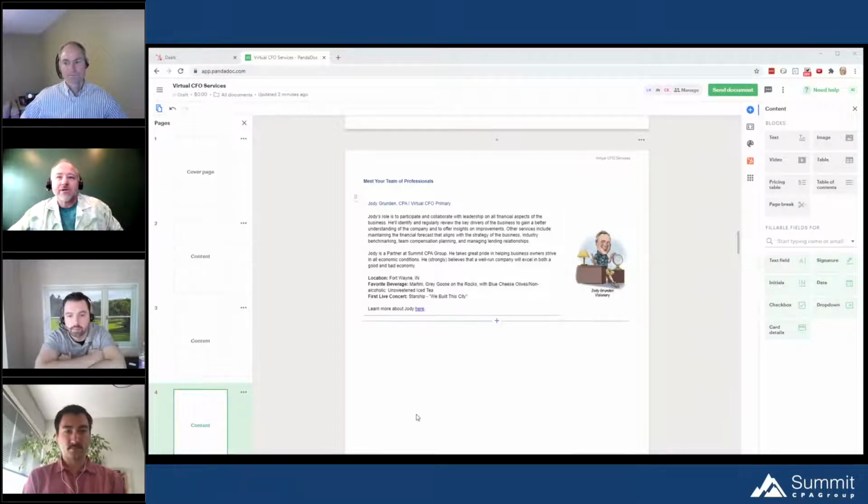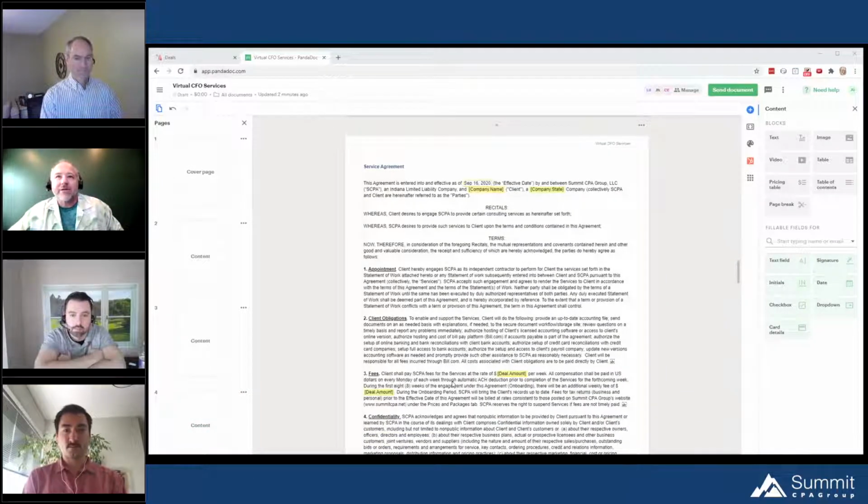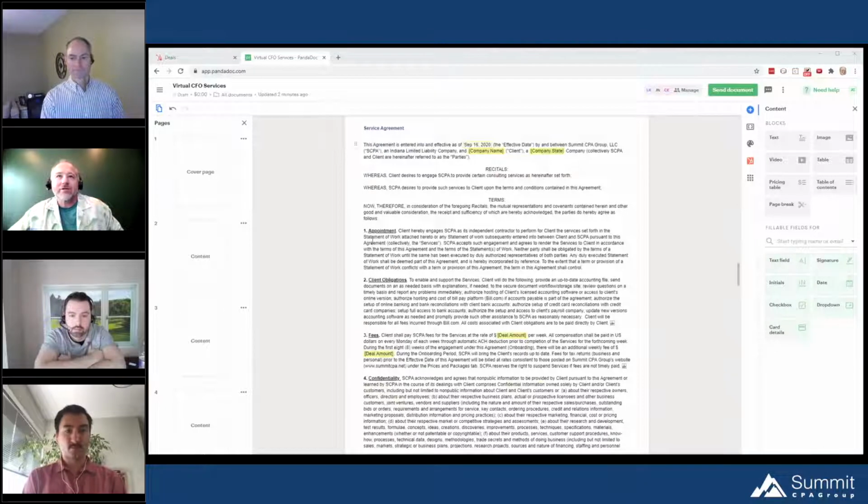So in this case, it's just me, but we would have all the team members listed on the engagement there with their role that they're going to play within the engagement. So again, it gives the client an idea who's going to be on the engagement. And then as Adam had mentioned, we have the basic service agreement, the engagement letter, the boilerplate template, and again,